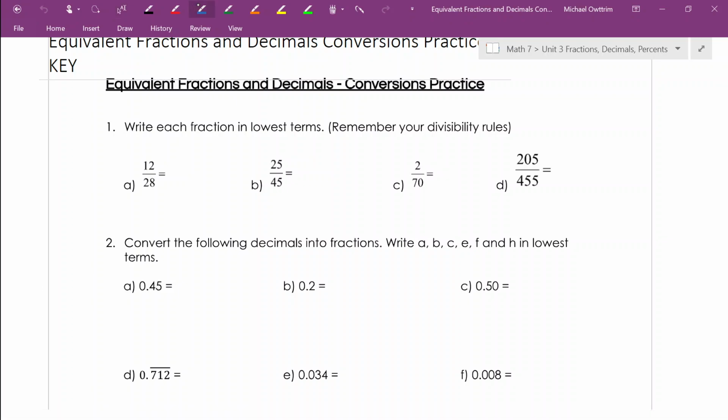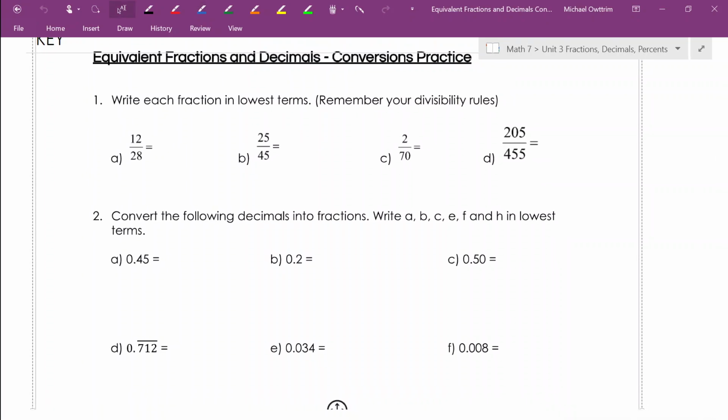Hello class, today we're taking a look at our equivalent fractions and decimals practice. The first skill that we reviewed in the unit was from elementary school, which was just simplifying fractions, or writing them in lowest or reduced form. And to do that, all we need to do is divide a fraction top and bottom by everything until they